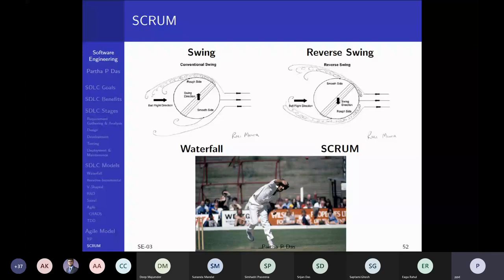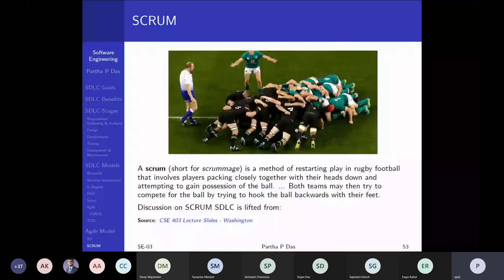So these examples are from life, from a different domain. My whole idea is to say that we don't have to always think traditionally. We can think differently, and that's what a whole lot of people started to do, and that gave rise to